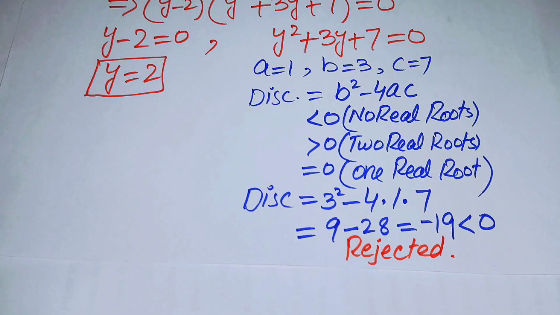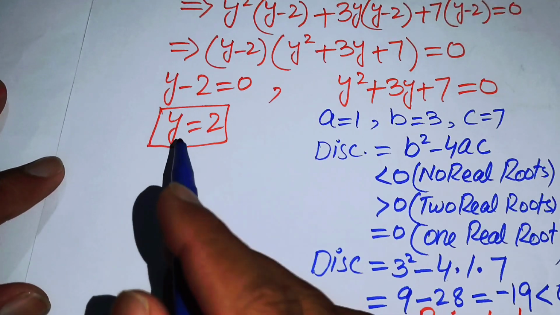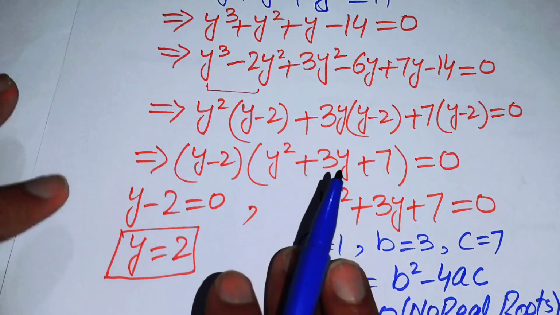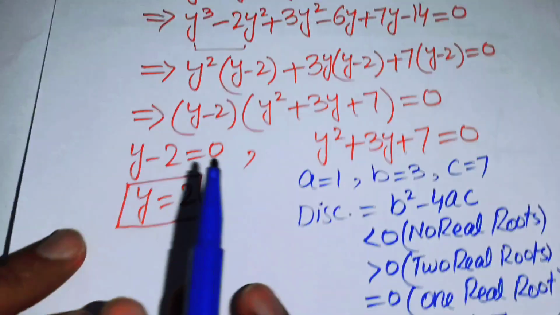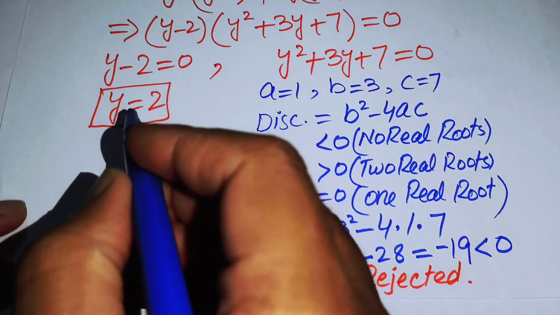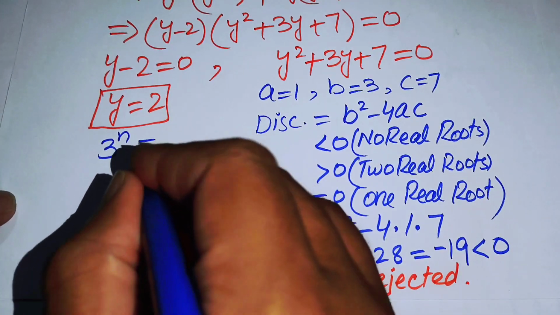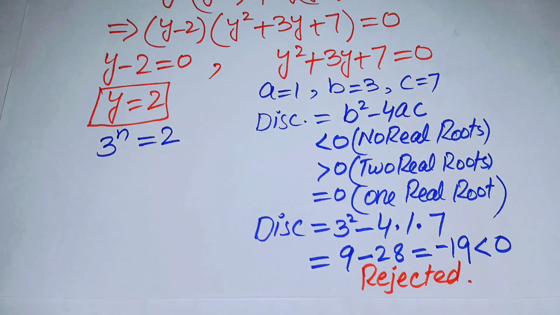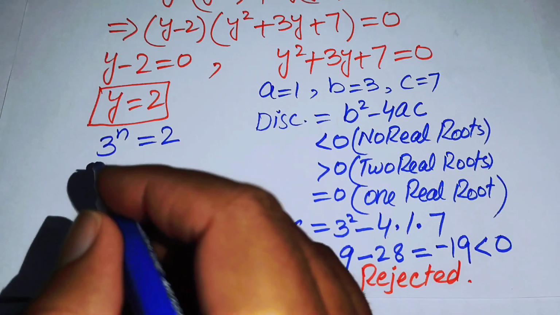So now we can just proceed with this case only, and in this case we have y is equal to 2, and at the start of the problem we wrote y is equal to 3 to the power of n. So now we can back substitute the value of y here, and you will get 3 to the power of n is equal to 2. Now in order to find the value of n, we will take the natural log on both of the sides, so that it becomes